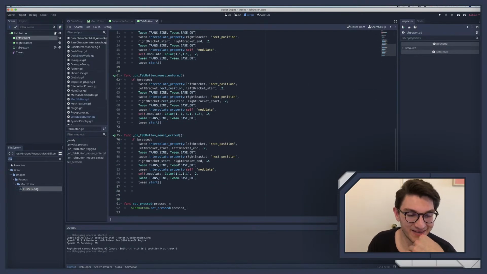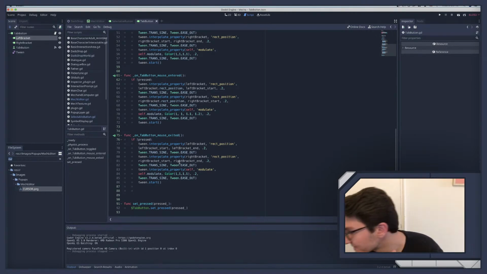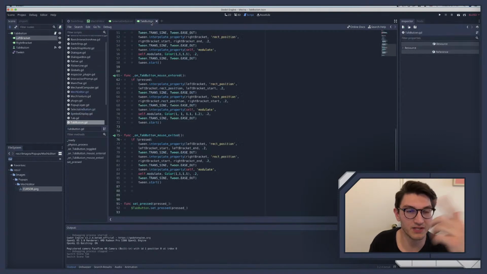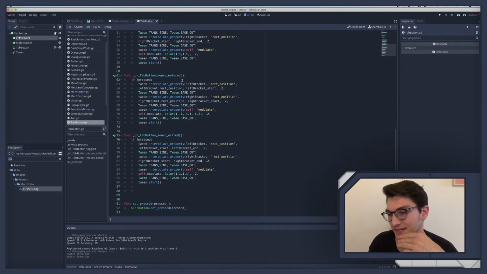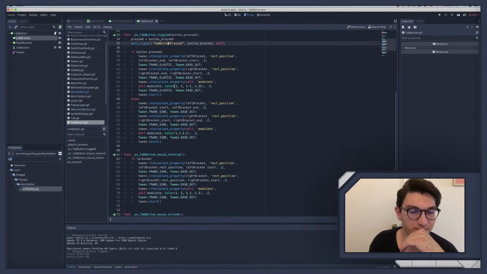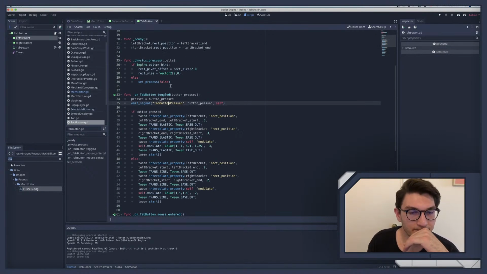But what's the word? Dynamic is the word I'm looking for. Yeah, I did the same thing with the Mech editor. The tweens are just a lot more dynamic. You can really control more about them. They're easier to kind of change up. But